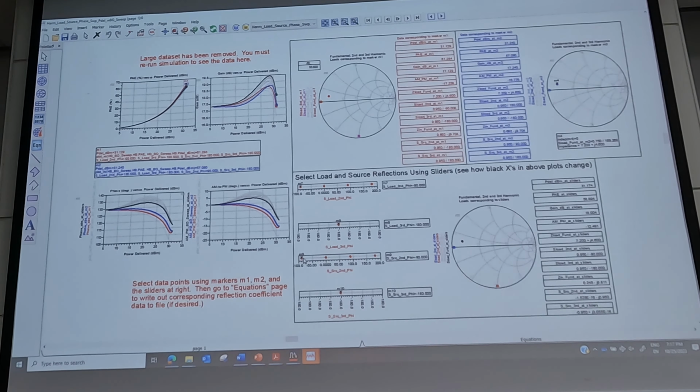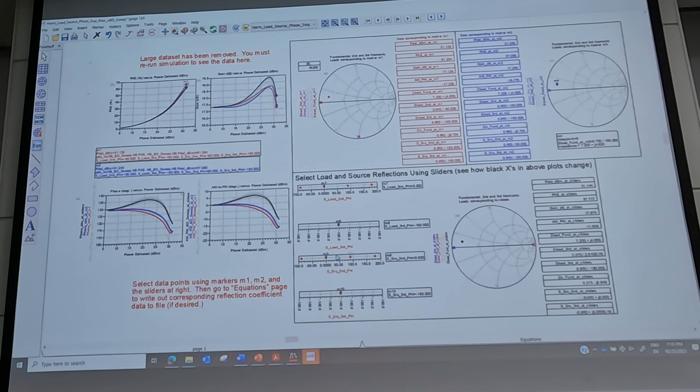Usually it's the load second harmonic that has the biggest effect, so I'm moving the second harmonic load around the Smith chart with my marker, and then this black line corresponds to the combination of source and load impedances that I've selected with these markers. So this is one way to do it. There are other examples that I have that include this sort of analysis.